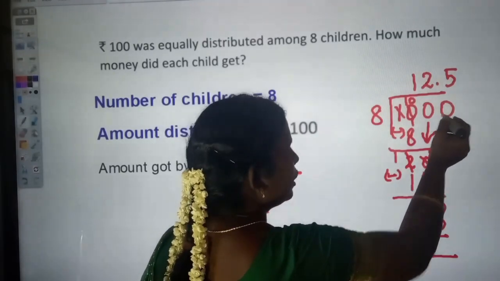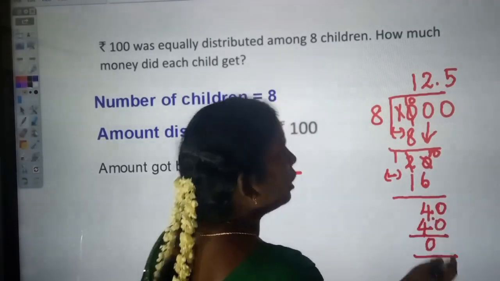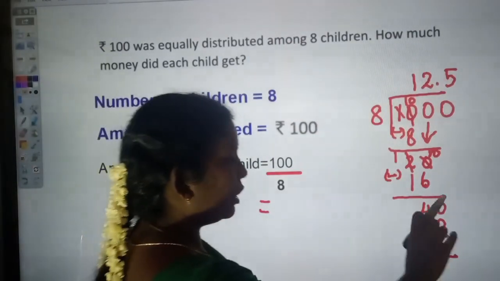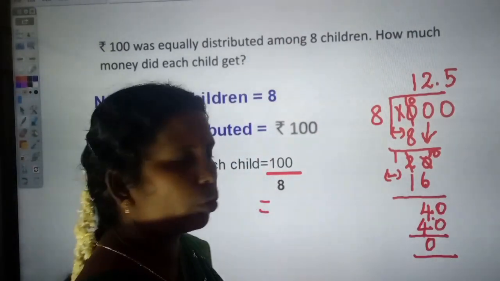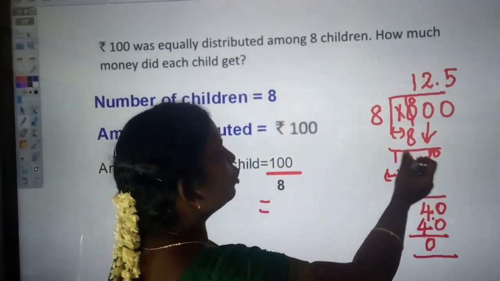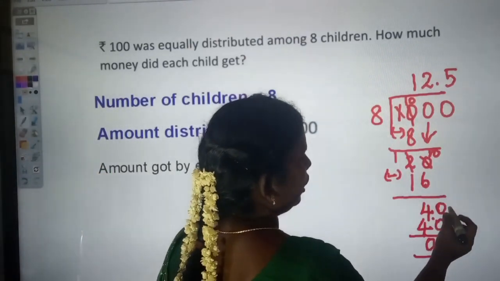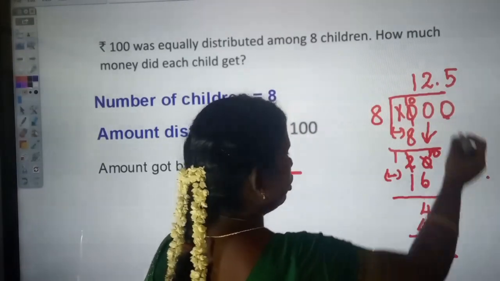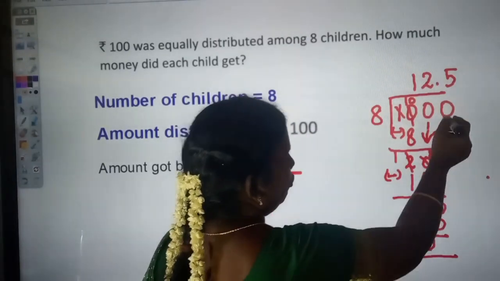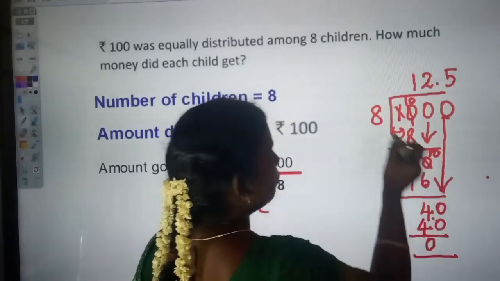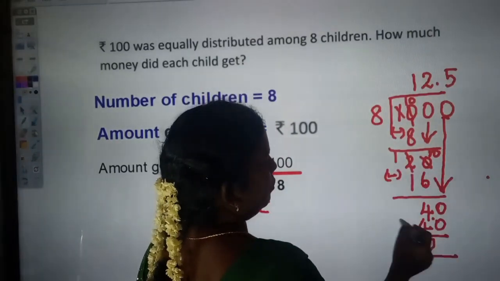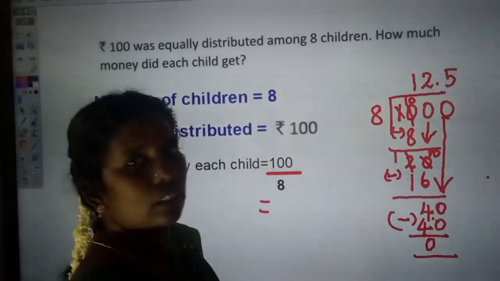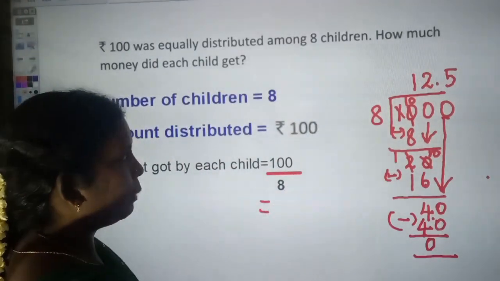Then we are inserting here, the remainder is 4, but just now we have seen one sum: continue to divide till the remainder is 0. The same way applies to this sum. See, 8 5s are 40. We have inserted a 0, so we can put 40 here. Therefore 8 5s are 40. Then 40 minus 40 is 0. The remainder 0 has come. We keep dividing until the remainder is 0.